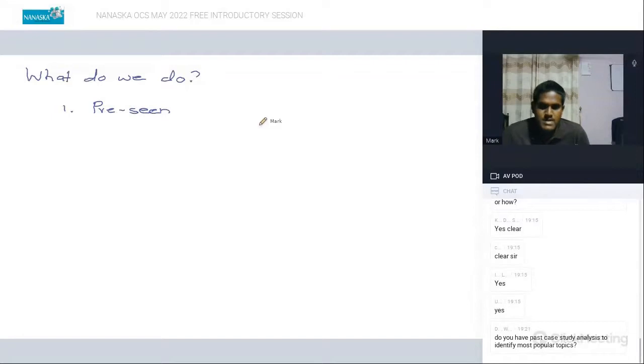Do you have past papers? Yes, we have. We have done a past paper analysis, which you will have access to, to see what has been tested in the past. You will be receiving a past paper analysis document, and you will get access to that in our LMS. So in terms of our coursework,